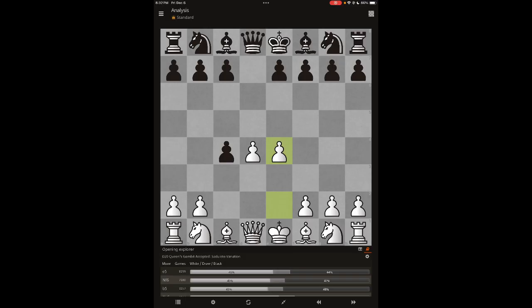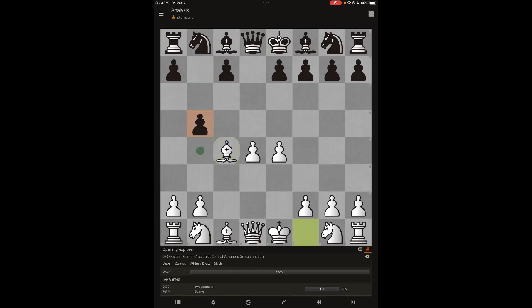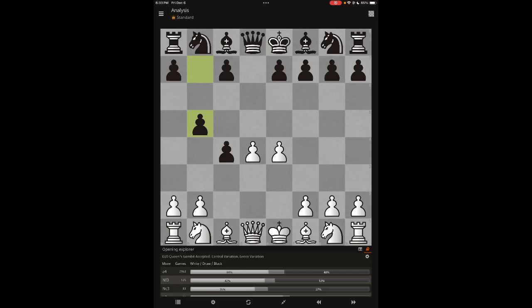That's really cool. So black can't use the queen to defend that pawn. So what else can they use? Here's what they do. They try to defend this pawn with this pawn, so that if the bishop captures it, then that pawn is gone. And white, if they're smart, won't do that. So then what is white going to do?